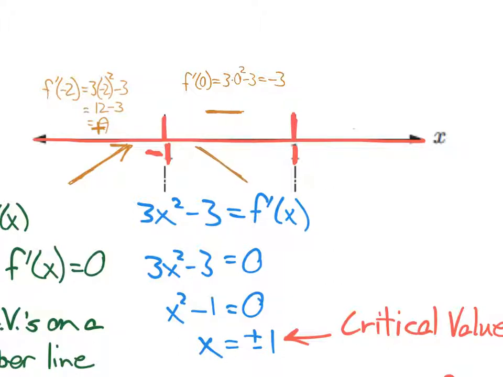It's decreasing. So I like to draw a little arrow like this. So I know it's decreasing. Now, think with me here. If I'm increasing as I approach -1 from the left, and then I start to decrease, what do we have at -1? A max. Okay? When you see a change from increasing to decreasing, we have what we call a local maximum point. Okay? This is where we have a local, or relative is another term for that,